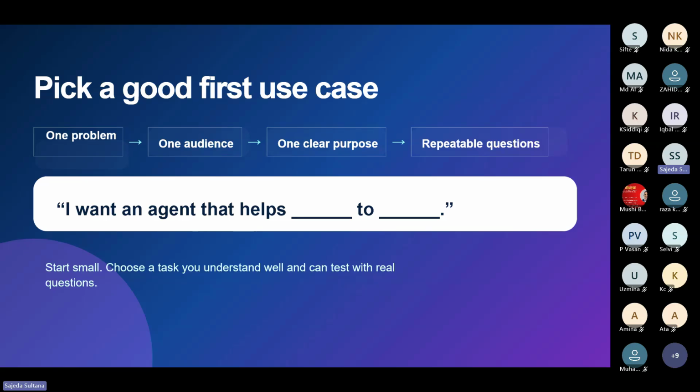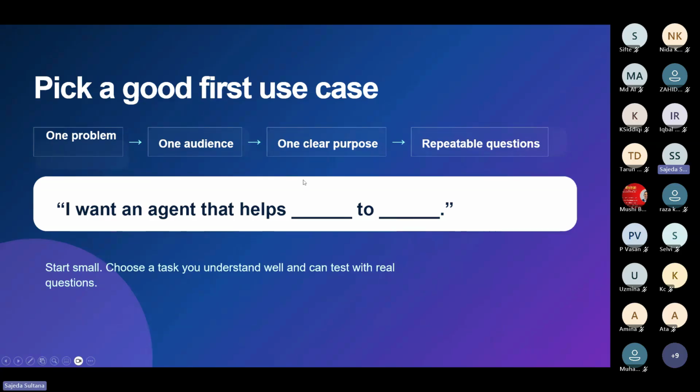What is the main purpose for making this agent? I already mentioned similar repeatable questions. Let's say I want to make an agent that guides the volunteers through onboarding. So volunteers are the audience and onboarding is the purpose. So for solving this problem, we can make the agent.